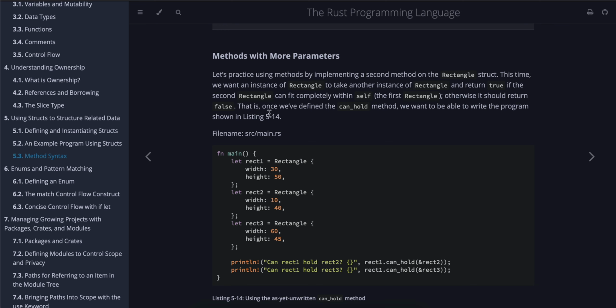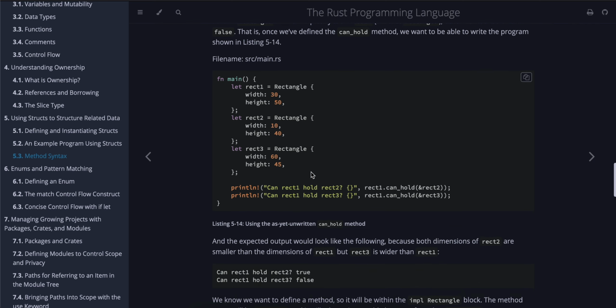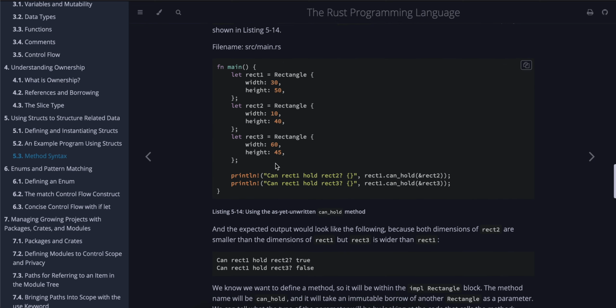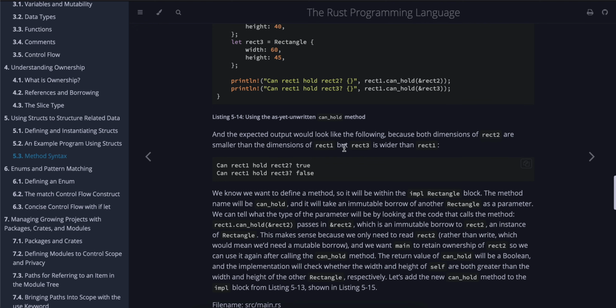That is, once we have defined the can_hold method, we want to be able to write the program shown in Listing 5-14. And the expected behavior would look like the following. Because both dimensions of rect2 are smaller than the dimensions of rect1, but rect3 is wider than rect1,